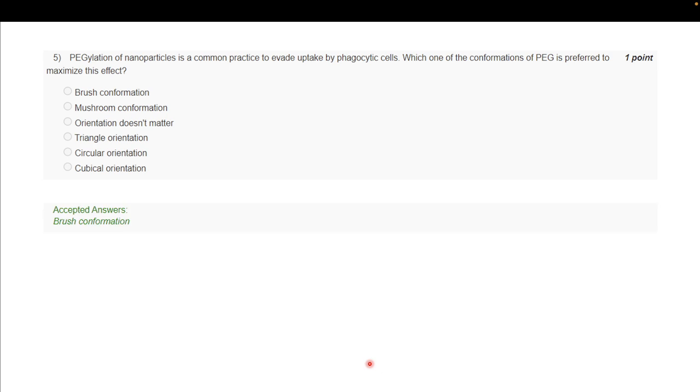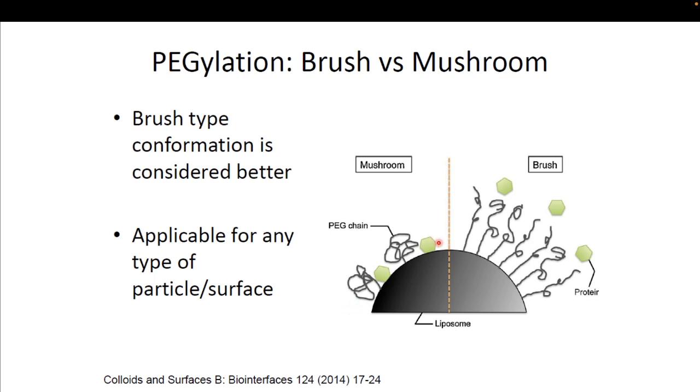So the correct answer for this question is brush conformation. So let's look at what exactly is pegylation. Pegylation is nothing but you have your nanoparticle surface, you conjugate it with PEG chains. PEG is one of the polymers, polyethylene glycol. And what this will do is,